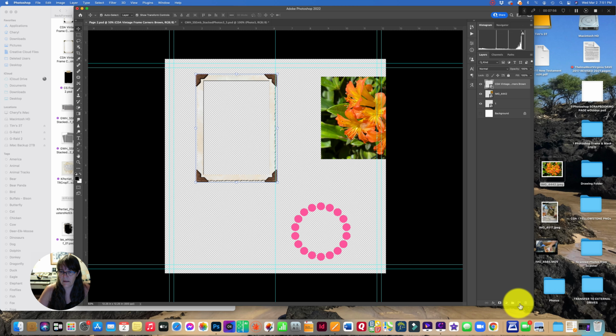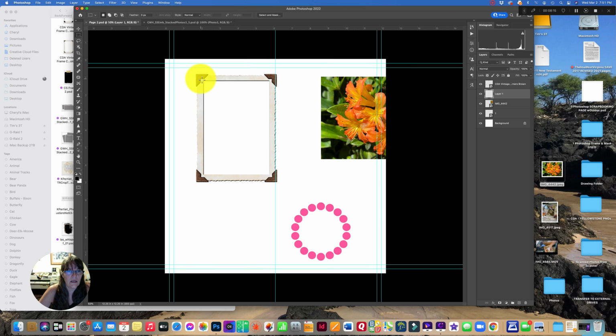And what I'm going to do is create another layer, create a new layer, and I'm going to put it directly beneath the frame. And I'm going to grab my marquee tool, and I'm going to go in just inside the frame. Let's see if I can get the white background here. You can see the border of the frame. I'm going to go just inside that